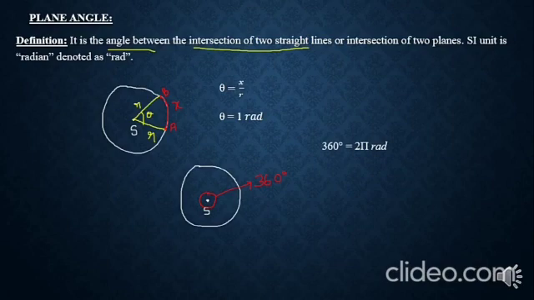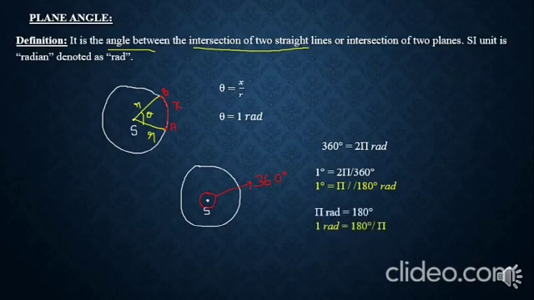Now what will be 1 degree then? 1 degree is equal to 2 pi by 360. When you cancel out, you get 1 degree equal to pi by 180 radians. Now what will be the radians to degree conversion? Just the simple one. Take pi radians to be equal to 180 degrees, then 1 radian will be equal to 180 degree by pi. The formulas which I have given in yellow color are important, and they will be useful for you to convert from radians to degree and degree to radians.